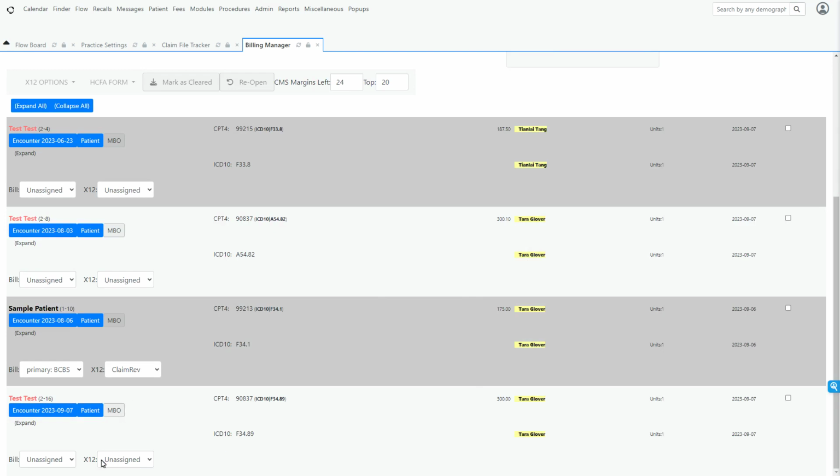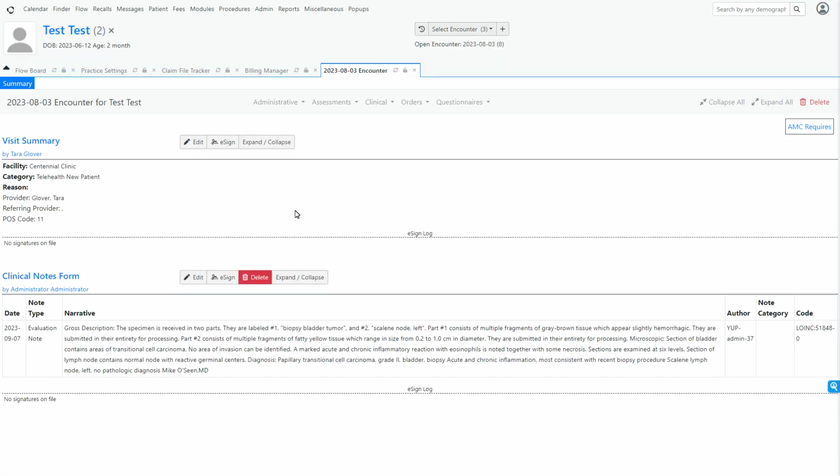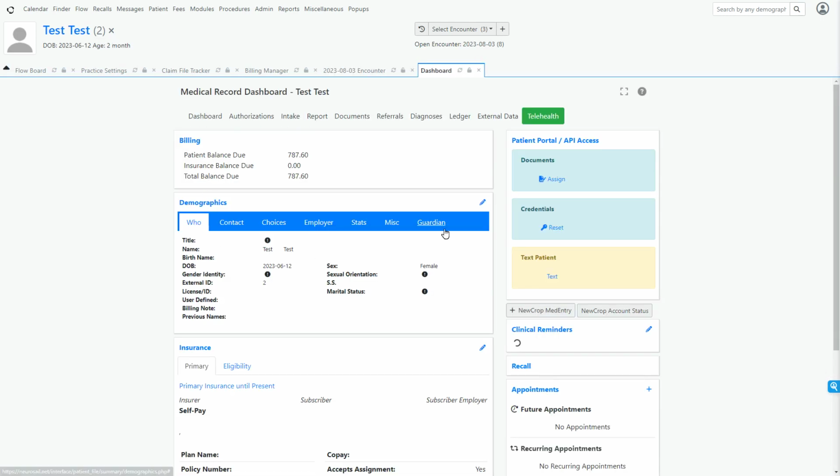Alright, so everything is working fine. I need to set my claim unassigned. Okay, so I can see that my test patient doesn't have an insurance company on it. That's what I'm missing. So what I can do is jump back into that patient's chart this way, and then from there I can go to the dashboard, and in the dashboard I want to go ahead and set the insurance,